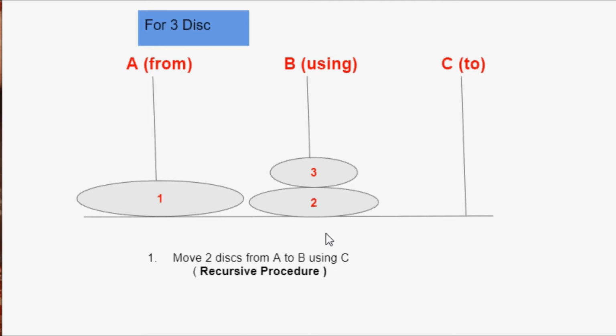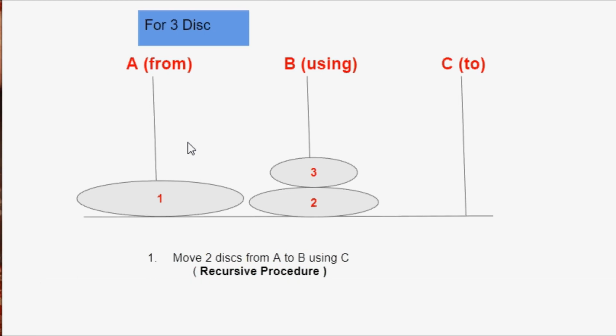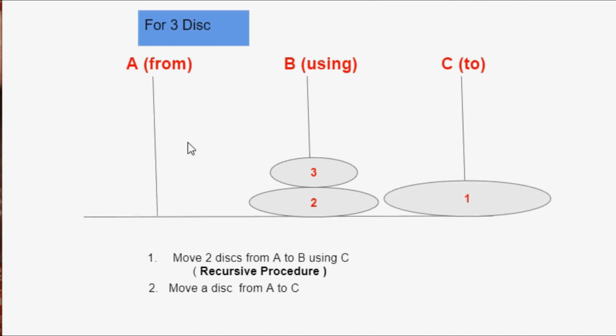Okay, next thing is, now see, again I am left only with one disk in tower A. This is the very first case where we are having only one disk. If I was having only one disk, the task was very simple: move that one disk from A to C. There was nothing to do. So simply after doing this step, that is step number 2, I have transferred the disk from tower A to tower C. That was disk number 1.